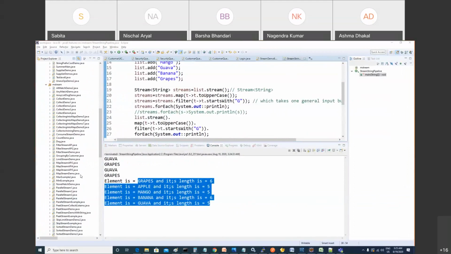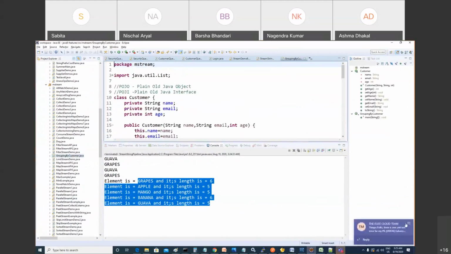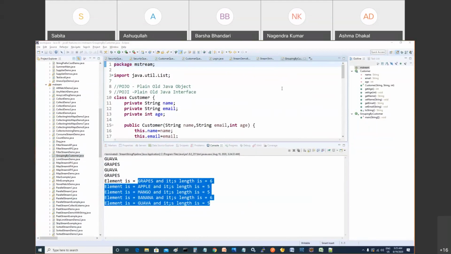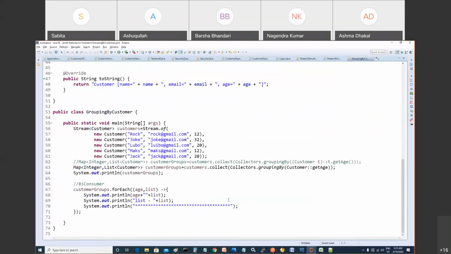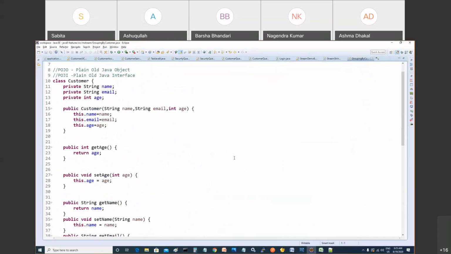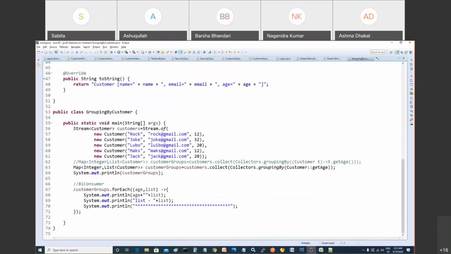Ashikullah, are you following me? Yes, Nagin, sir. Okay, that's great. I'm going to show you one interesting thing. I'll make it simple first, okay? I'm not going to show you the very complex thing. But